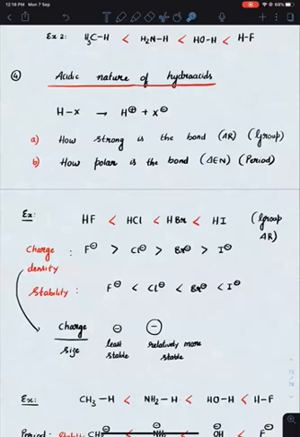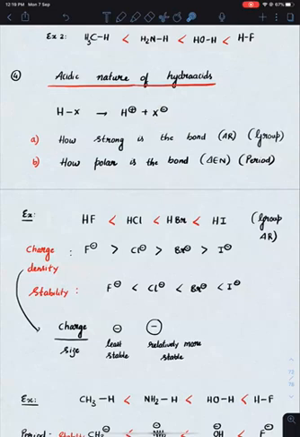So you need to compare the strength of an acid based on the stability of this X minus. If this X minus is relatively stable, it won't be combining back with H positive. If this X minus is unstable, it will try to combine back with H positive and the acidic strength decreases. So the stability of this X minus will be compared based on if it belongs to the same group or if it belongs to the same period.